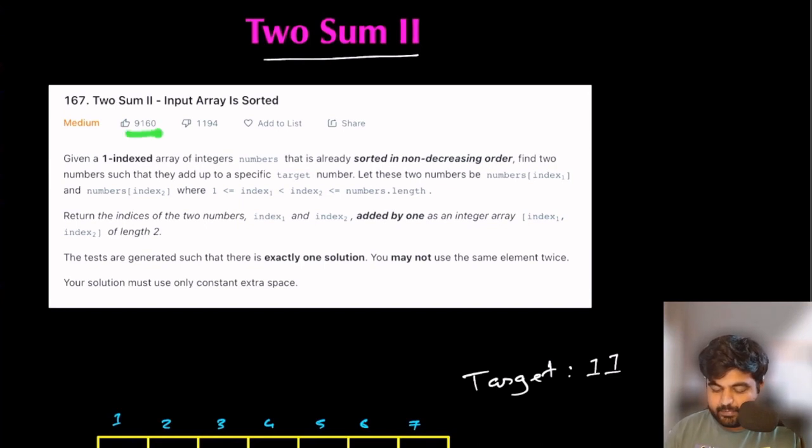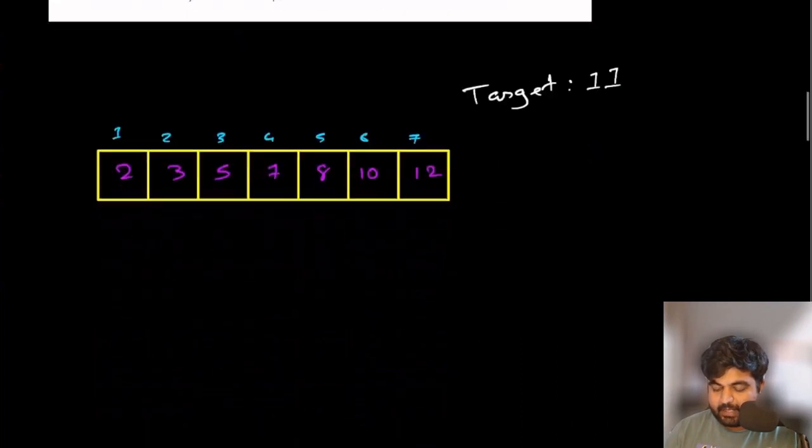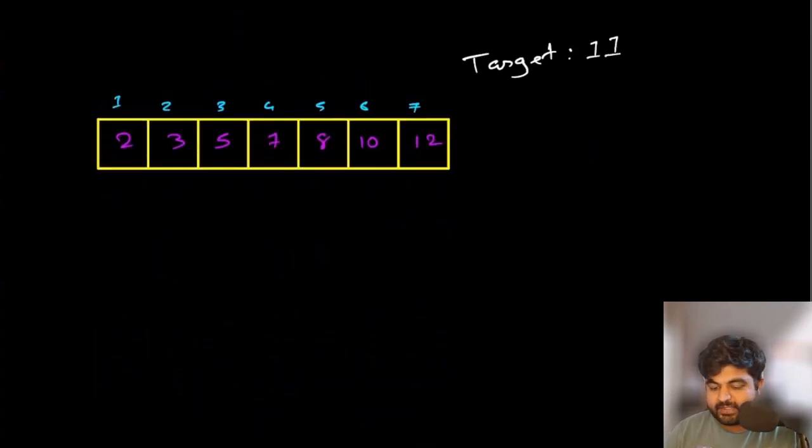This is a really popular problem on LeetCode. This is an additional variant of the original LeetCode number 1 problem, the 2 sum problem. And how is it different? It is different in a manner that the given input array is sorted in this case. Now, if you want, you can go ahead and read out this whole statement, but I'm just going to explain to you what the problem is giving us and what the problem is asking us to do.